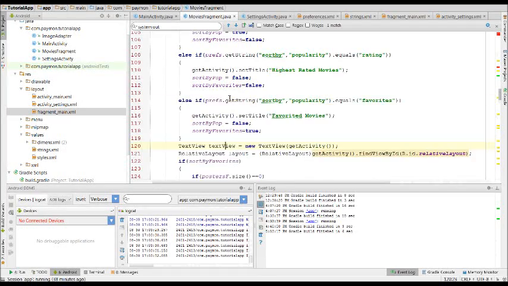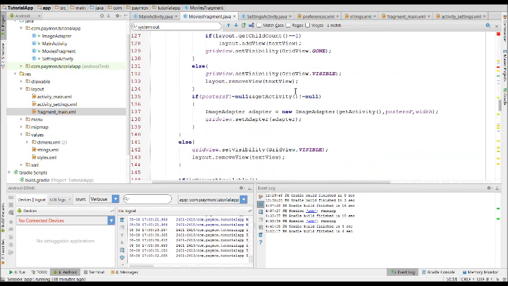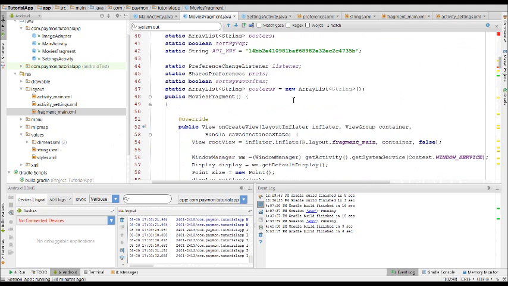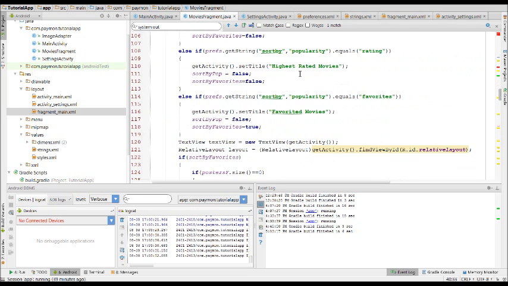Hi, we're just going to make 2 quick changes to the code that we worked on this episode. First, because if you remember correctly, our default preference will be popularity. By default, before any preference is selected, popularity will be the one chosen. So we want to make our sort by popularity boolean the first time when the app is run to be true. And then the second thing we're going to change